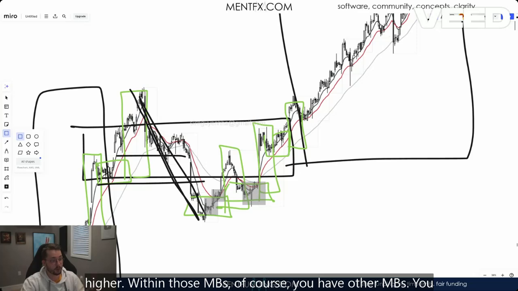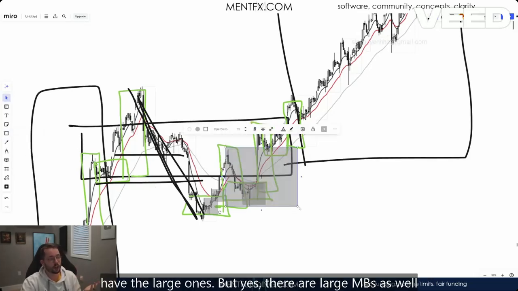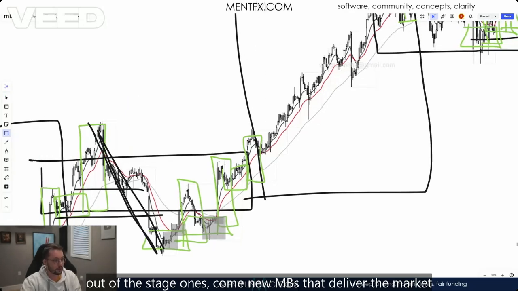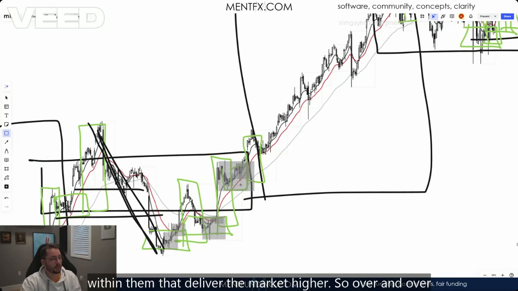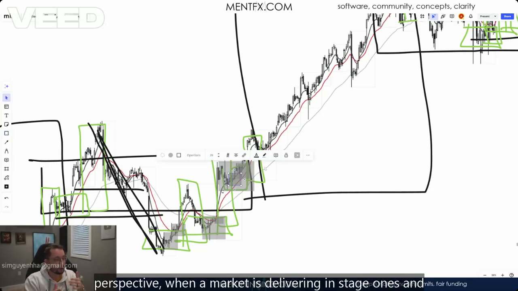Within those MBs, of course, you have other MBs. Now, I'm skipping the large ones, but yes, there are large MBs as well that are then delivering the market higher. From there, out of the stage ones, come new MBs that deliver the market higher. And these MBs also have MBs within them that deliver the market higher. So over and over again, you're seeing, at least from a bullish side perspective, when a market is delivering in stage ones and stage twos,